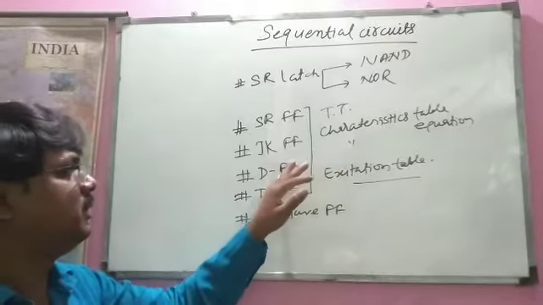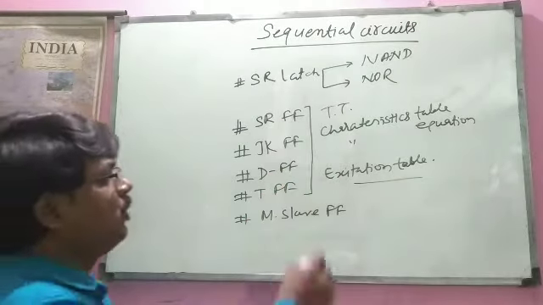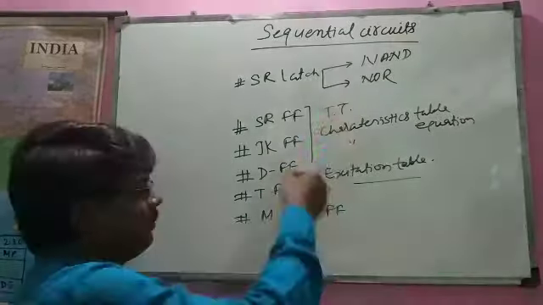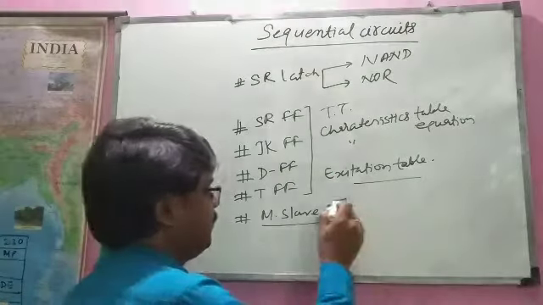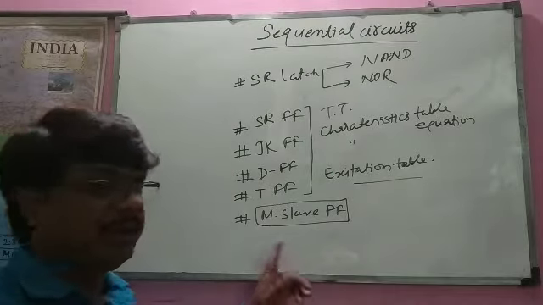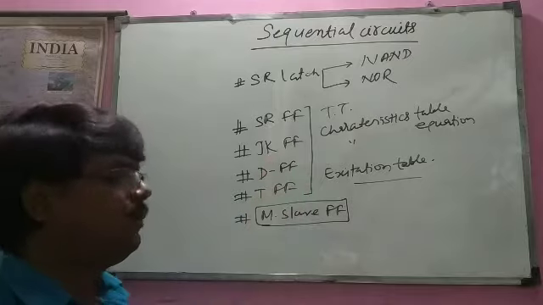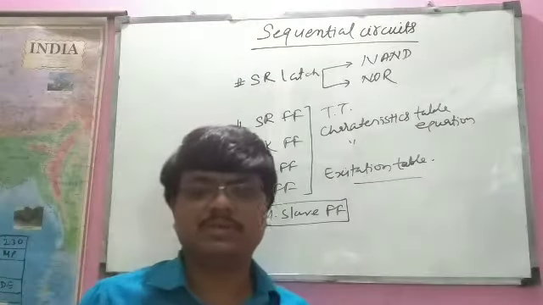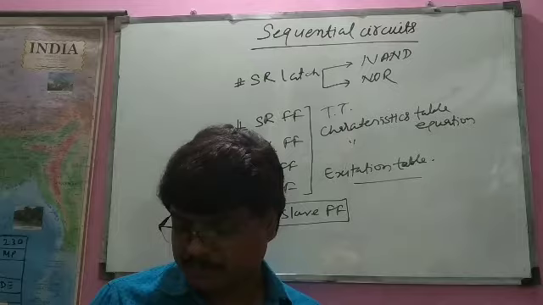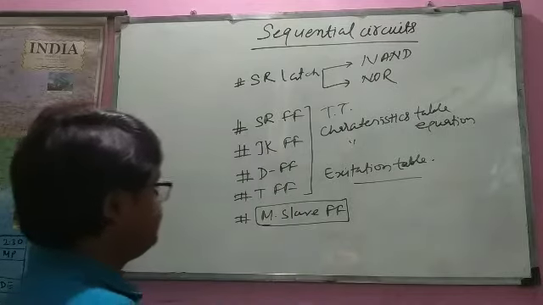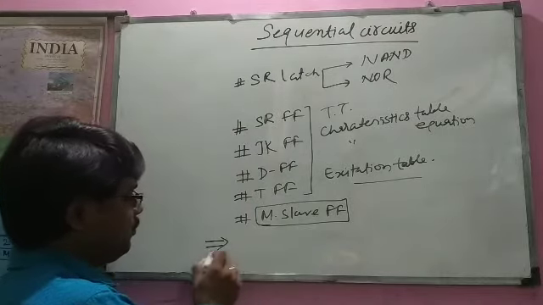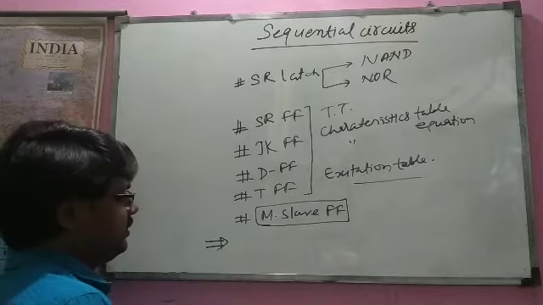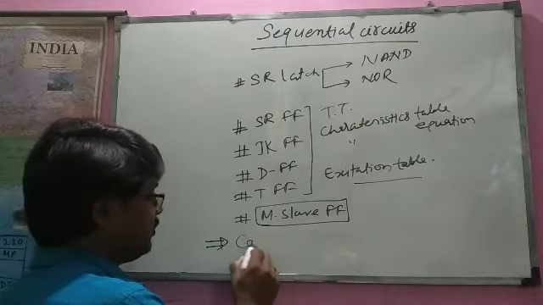When we study D flip-flop, then also we will study all these. And master slave flip-flop removes one limitation of the JK flip-flop, and that is known as race around condition. We will see what is race around condition. And finally, when all these flip-flops are covered, we will be watching the conversion of flip-flops.